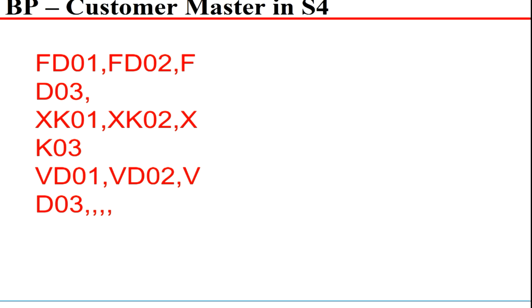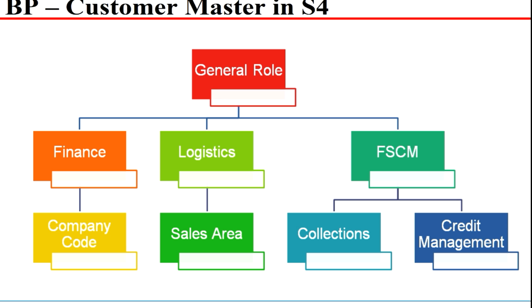So in ECC, you have many transactions like FD01, FD02, FD03, XK01, XK02, and so on. All these transactions are now removed, and only one transaction code replaces them in SAP, which is the BP transaction for creating your customers. So the customer roles that we talked about would look like this: